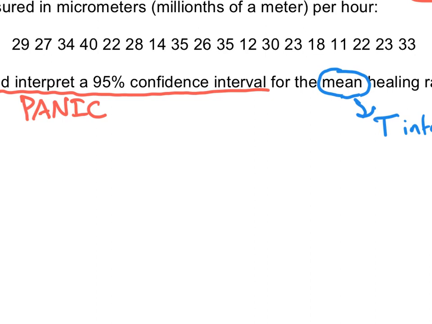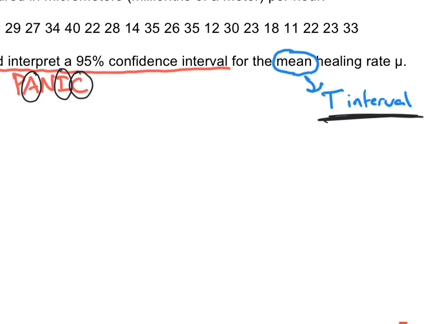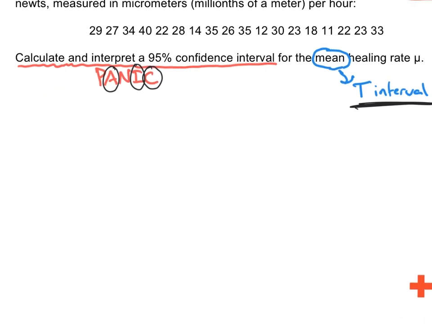All right, so the A part of PANIC. Again, there's three parts that you literally have to write down: the A, the I, and the C. Since I recognize that it is a t interval, I just need to put things appropriate to a t interval. So let's start with